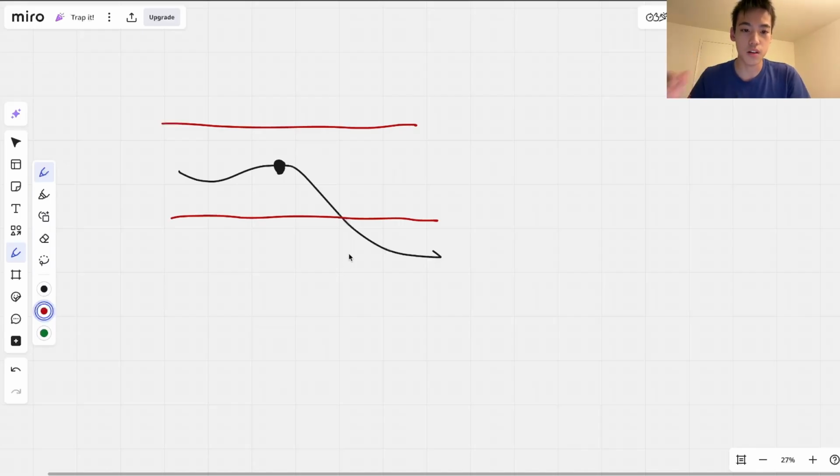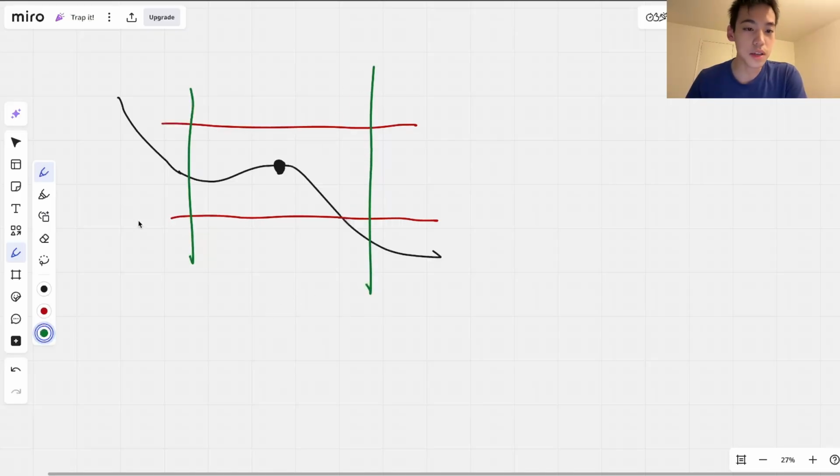So envision you have this interval, and let's say you want to trap this function using a pair of horizontal lines. So you're going to have another interval so that all of the function that is contained within this green interval is contained within the red interval. To show you what I mean, let's just take, for example, something like that. As we can see, everything within this green interval,